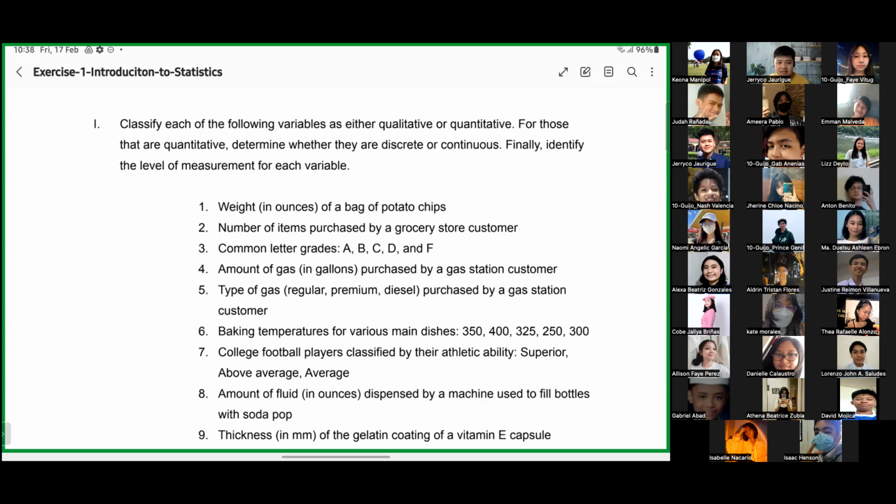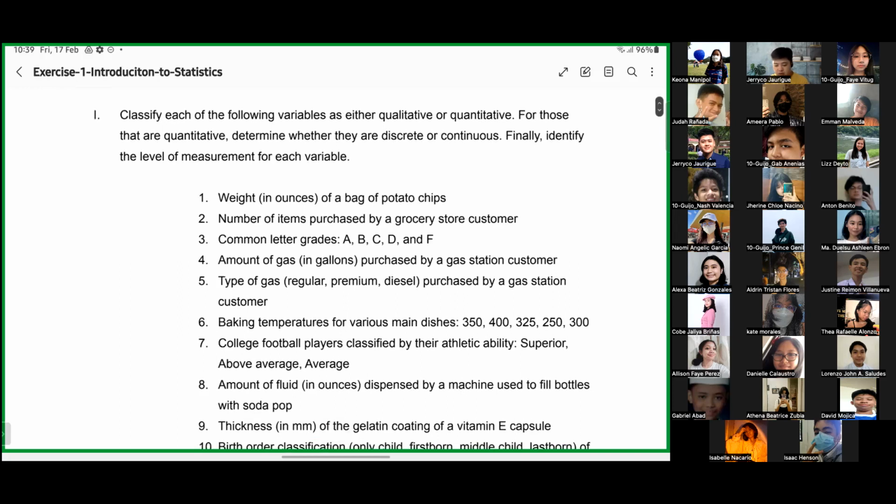Yeah, very well. Alright, sige, volunteer for number 1. Kung gusto niyong sumagot, just open your microphone. If you want to open your camera, mas okay, pero you're not required. So, microphone, okay na sa akin. If you want to volunteer, read this variable. Tell me if it's quantitative or qualitative. If it's quantitative, tell me if it's discrete or continuous, and identify the level of measurement. All right, let's have number 1. Volunteer.